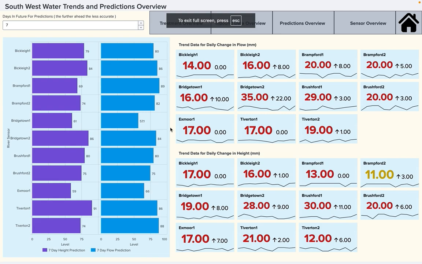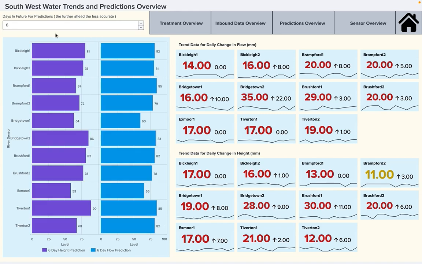And the reason they're red right now is because our data's been turned on, but usually there'll be a variety of green, orange, and red. And that indicates that red means the daily change in flow is on the rise compared to a historic average over the last 7 days, with green being not an issue and orange being maybe something you need to look at. When we move over to the left-hand dashboard, we can now see the future prediction for river levels,